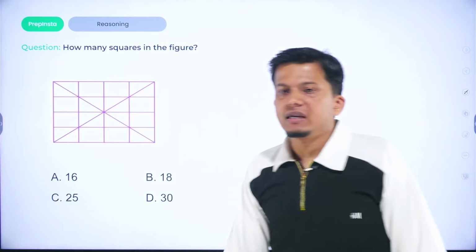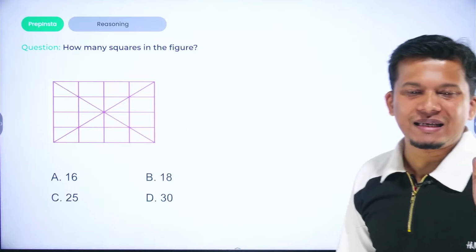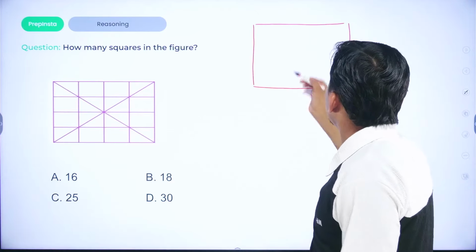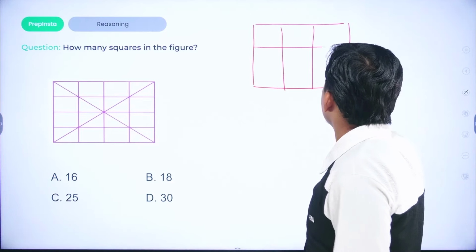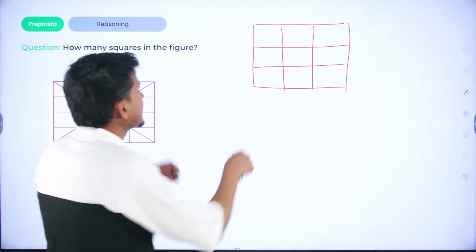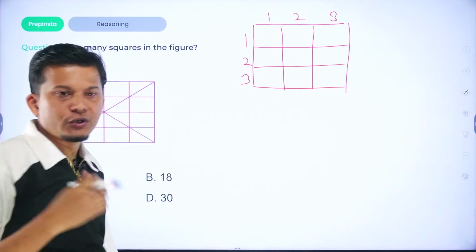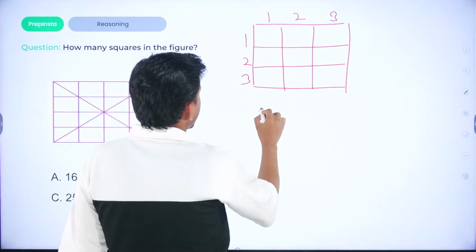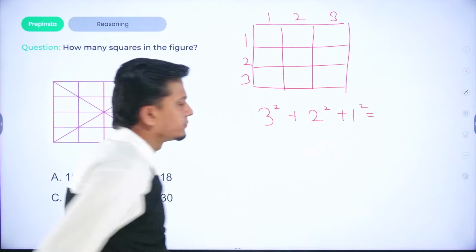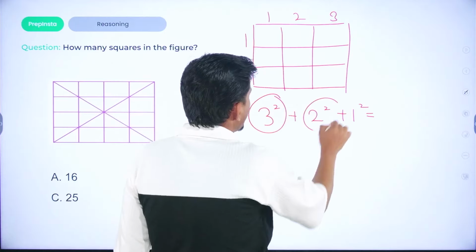If we are being asked about finding the number of squares in a figure, the trick is very easy. Suppose we are being given a square in the form of a matrix, you can say it has a number of rows and number of columns. We just assign the number to it. Suppose we have 3 rows and 3 columns. So the total number of squares would be 3 squares plus 2 squares plus 1 square. Got it? 3 squares plus 2 squares plus 1 square,